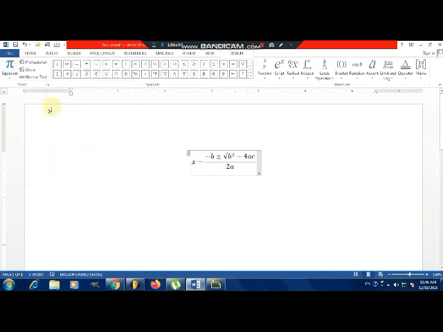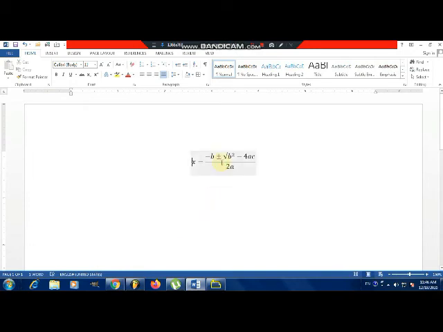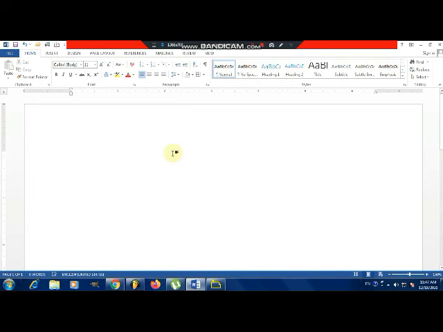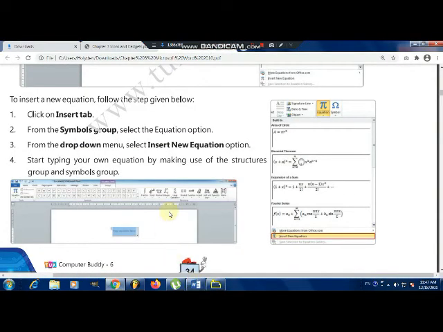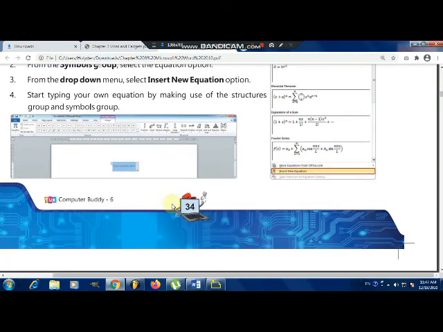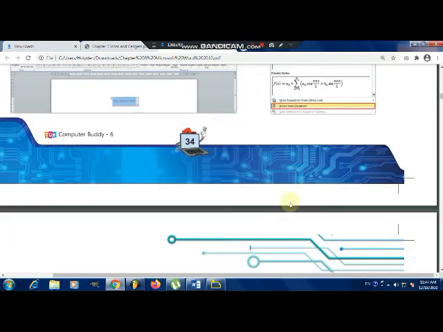So this equation I'm going to use. That means you do not need to prepare it manually, it is already present. If you want to customize it, you can customize it, okay, understand. And if you don't want this equation, just select this equation and press Delete. Then let's see the next one. I hope you all understand how to insert a new equation. Now after inserting a new equation, let's see what is the next point.